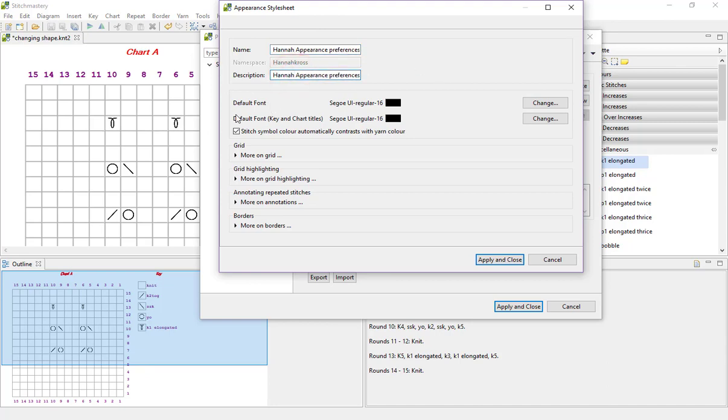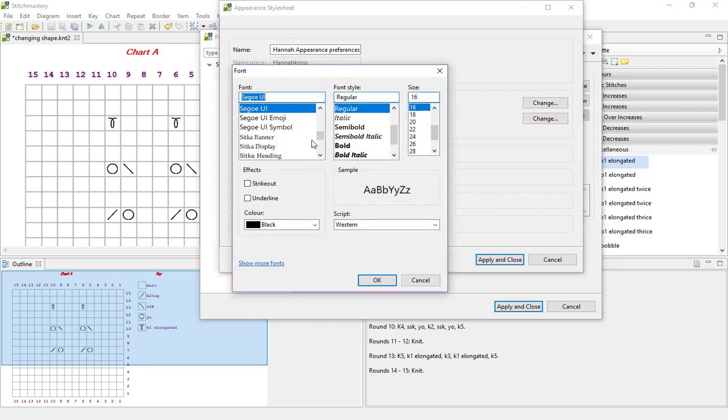Ditto here. And here you can see we have two different options for setting a font. So default font, which will cover all of the items in your chart, and then default key and chart titles. So exactly as I've done just now, having a different font for your titles of your chart and key.